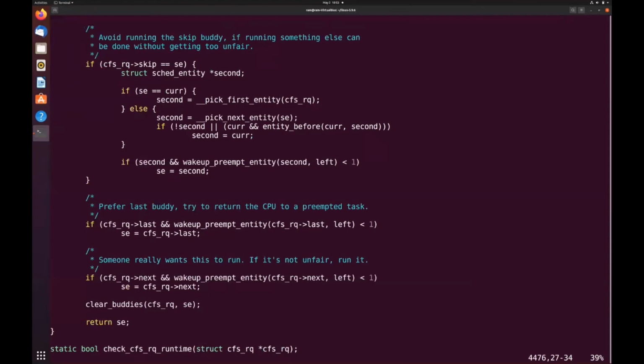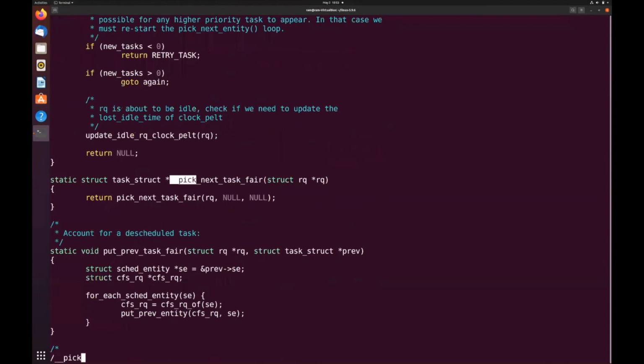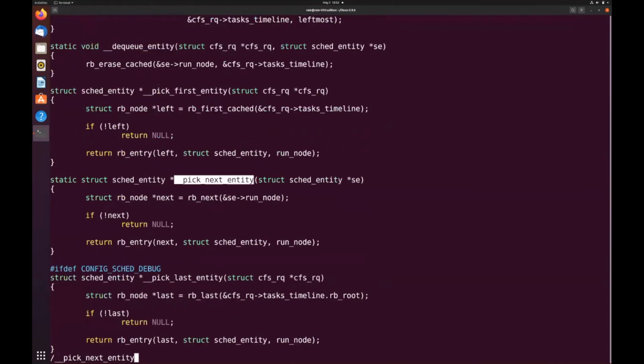So if you want to see how this function pick next entity is working, then we can visit it again.